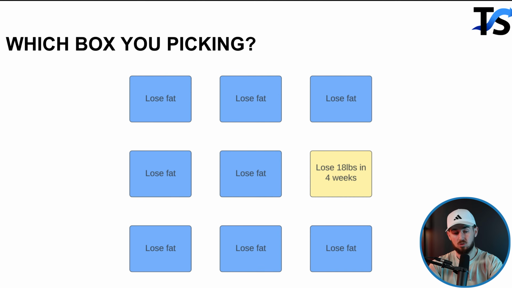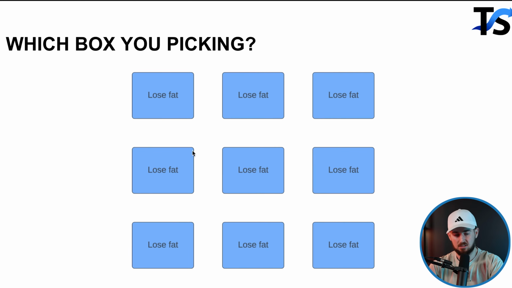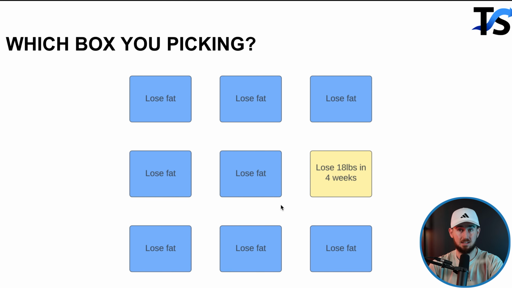This is a stage 2. This is the second person that comes to a marketplace solving a particular problem. So this is your buddy, Chris. He's the first person ever to discover how to lose fat, so he's talking about how to lose fat. Well, guess what? You come in with the second product ever for losing fat. Again, product or solution, not just product. And you say lose 18 pounds in 4 weeks. Now all of a sudden people are rushing to you because you're offering something a little bit more specific.